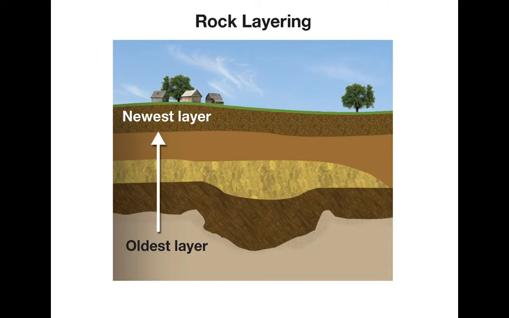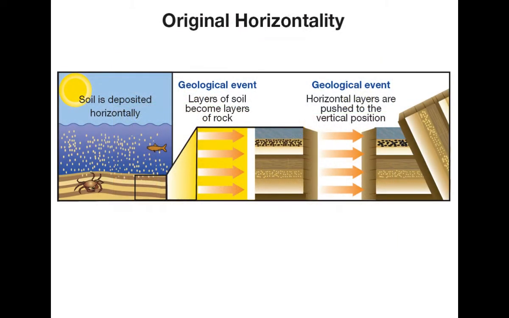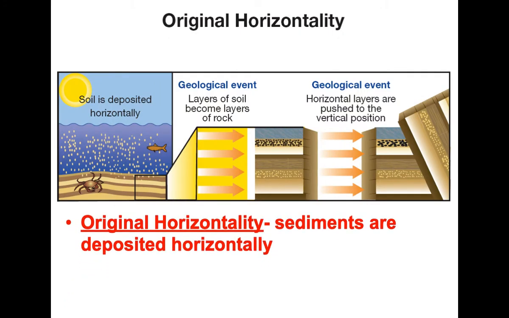So here's just another picture showing us a nice little simple diagram. Oldest layers are going to be on the bottom. Newest layers are going to be on the top for sedimentary rocks. Another thing Steno developed is called the law of original horizontality. All these big things we get in geology. Once again, look at the words that are buried inside there. Original, horizontal. Think about what horizontal means, right? Horizontal means